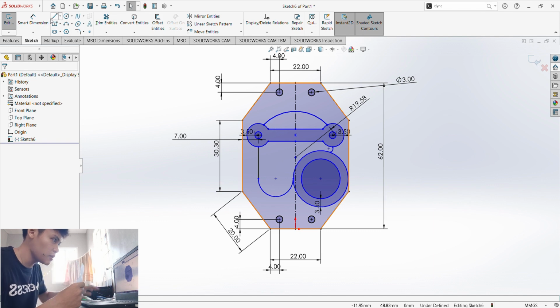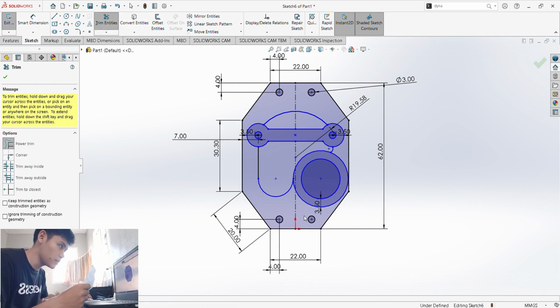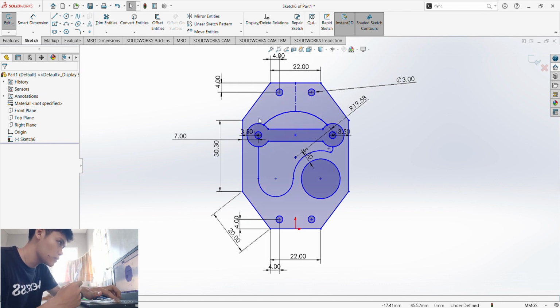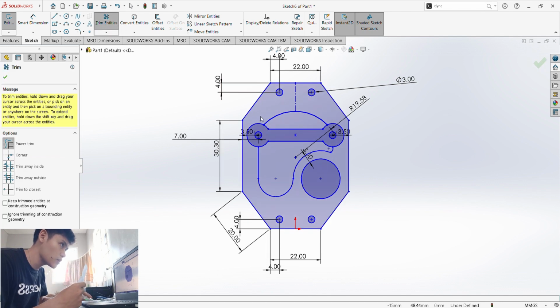So let's press escape, then let's press trim entities. So we should just trim this one. There you go. And then this one. And then trim entities. This one and this one.